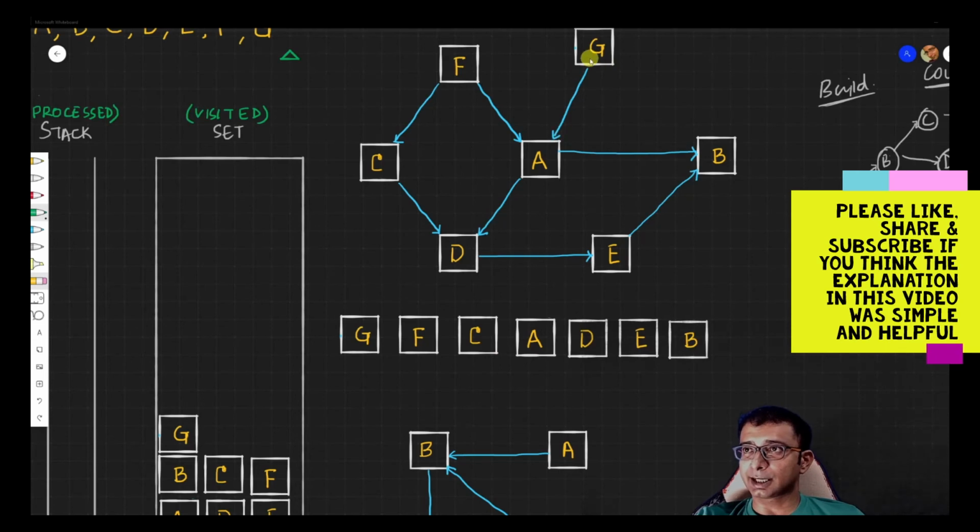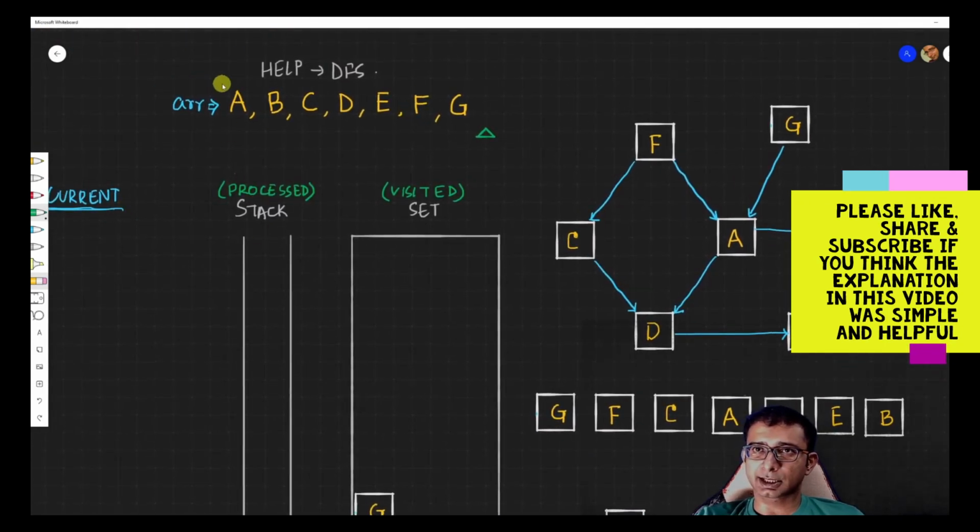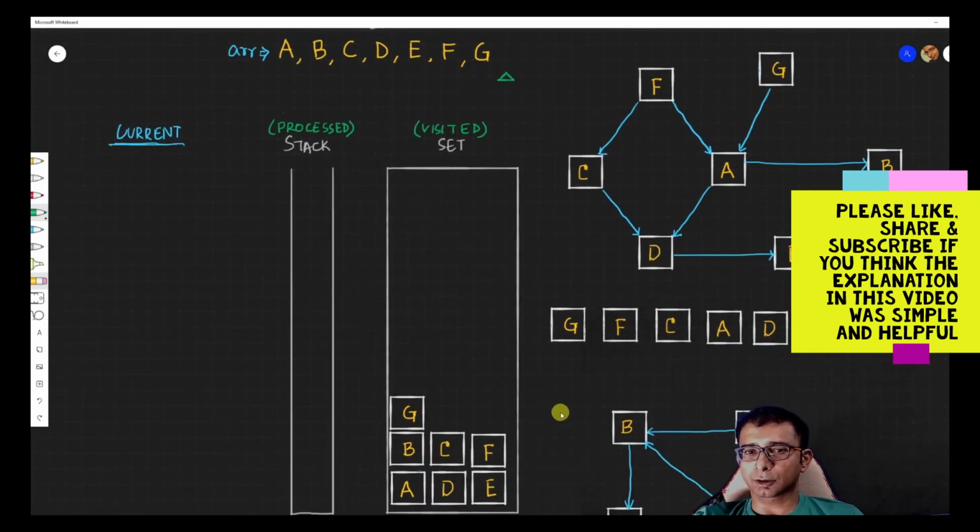And then at the end, it has to be G, because G needs A as well, and A needs D. So A basically needs almost everything, right? It needs D, it needs E, it needs B. Only for F and C, everything else is required by it, right? So you have this order over here, but do remember there can be multiple orders in case you get the input in a different order, like apart from A, B, C, D, E, F, G, maybe you get the order as A, D, C, B, G, F, E, then you will have a different ordering, and all of them are valid orderings that you will come up with going by this approach, right? So this is what topological sorting is all about.